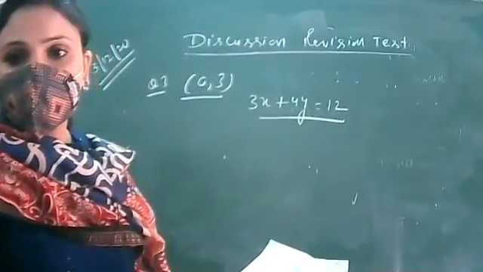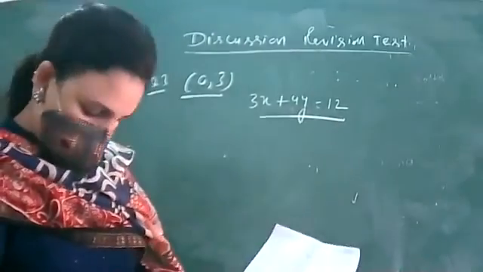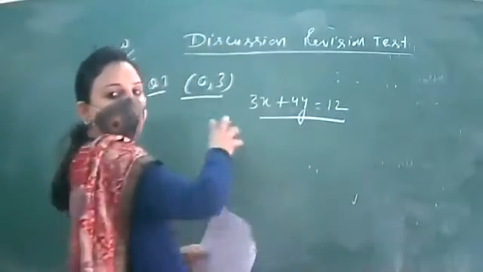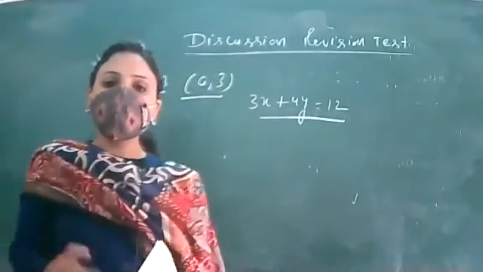मैम आपकी वॉइस बड़ी अड़ के आ रही थी, एक बार फिर. चलिए, now I am repeating that if this point lie on the graph of the equation, then this point is known as,